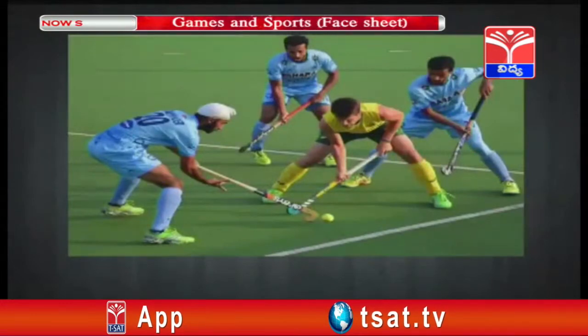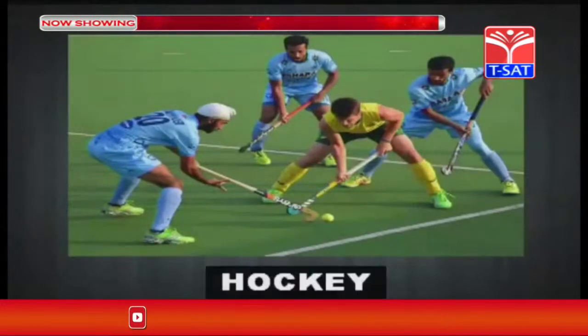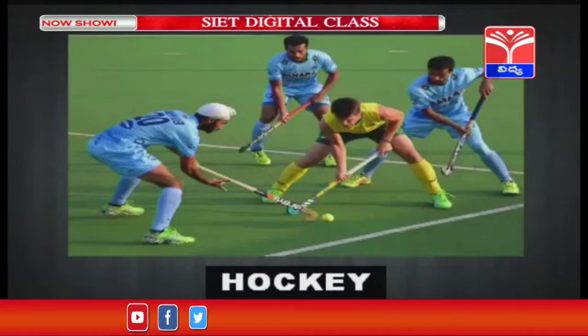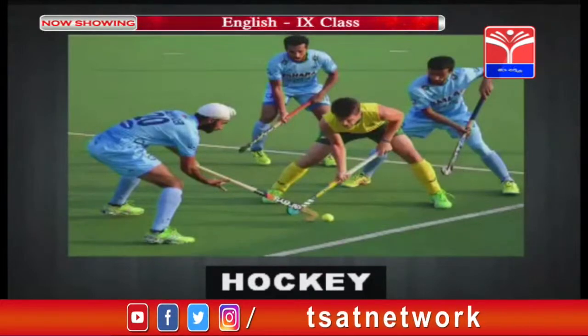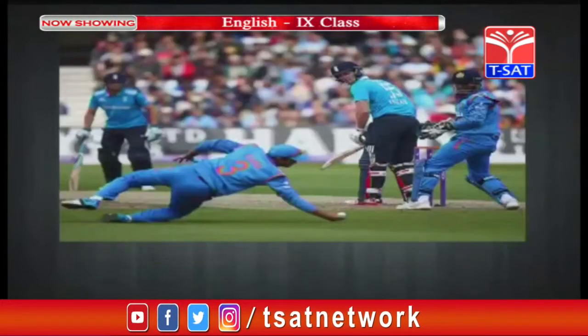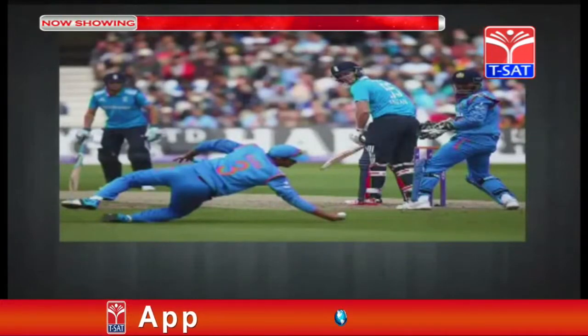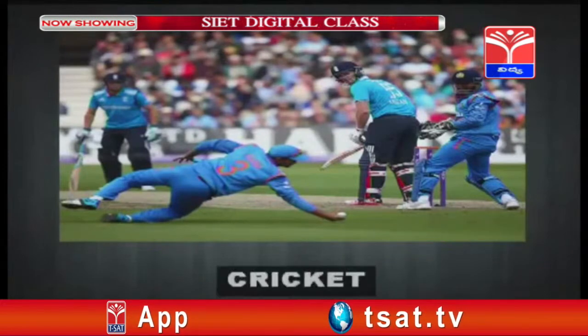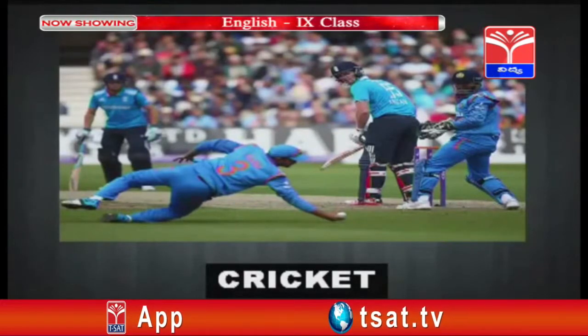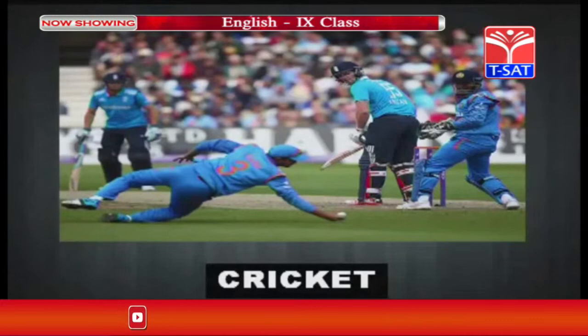What are they playing there? Hockey. Absolutely right, you are very brilliant. Okay. Oh, your favorite game. Nowadays it's rocking on the screens of TVs everywhere. Cricket. Good. You all love cricket. I know well.